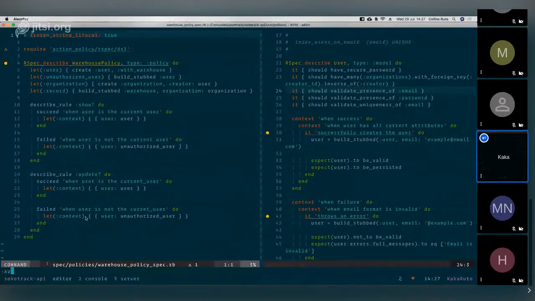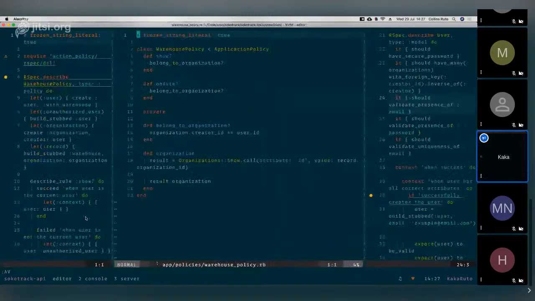You can do horizontal splits as well if you want. So if I press AV, you can see what happens. On the right hand side of where we were, it opens a new vertical split containing the implementation code of this test file. So I really find that very nifty because I don't have to maybe scroll down